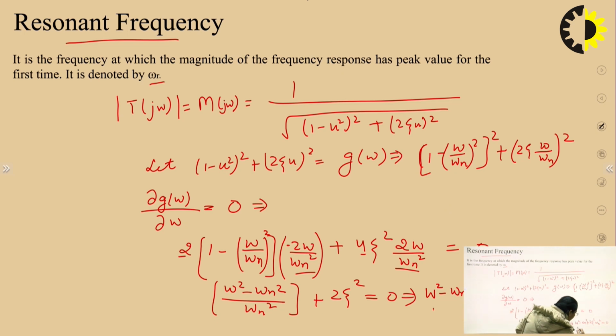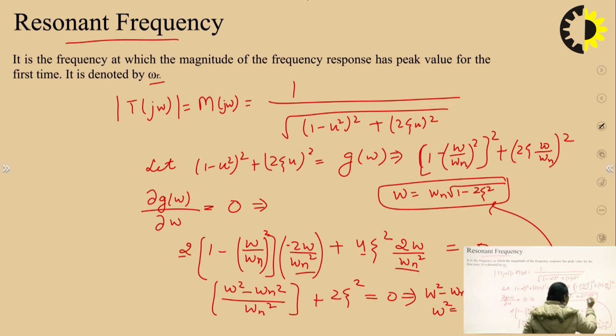If I am taking omega n squared common, omega squared will be equal to omega n squared times (1 minus 2 zeta squared), this stays common. So from here I am getting omega equal to omega n under root 1 minus 2 zeta squared,